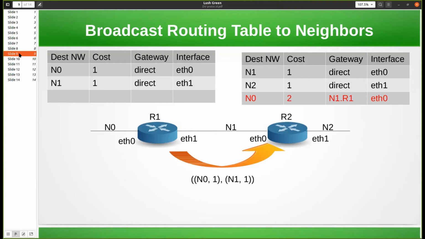So you get the cost 2, and then you have N1. R1 advertised this information, therefore the gateway is filled with R1. And you are receiving this advertisement on the ETH0 interface, therefore the interface is ETH0. So that is how it fills the most important fields that we are looking at. So that's what happens. Can we go to the previous,